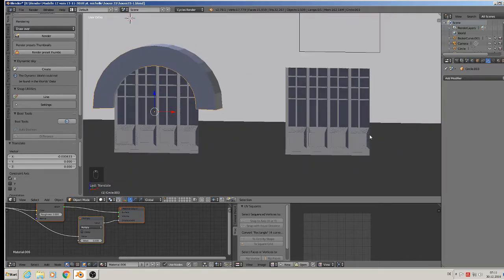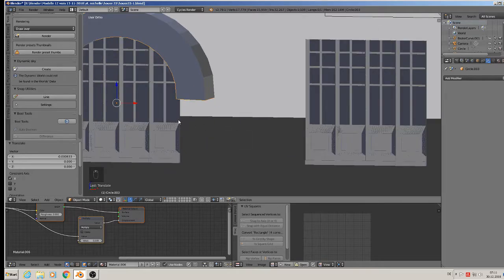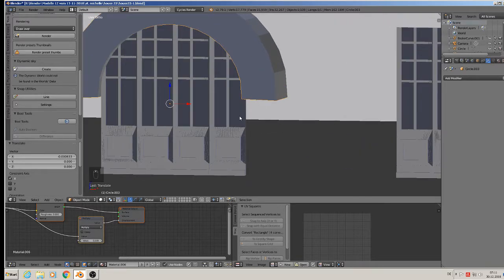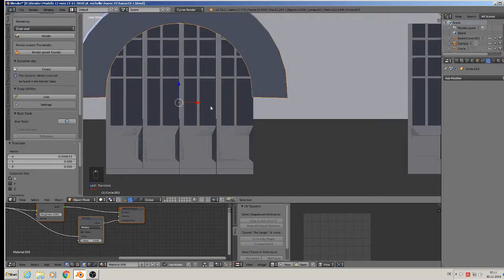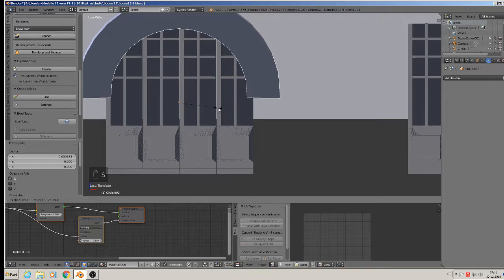I don't know why that is missing there. Okay, well, we will see. So we scale it down to the size of the frame here, and then